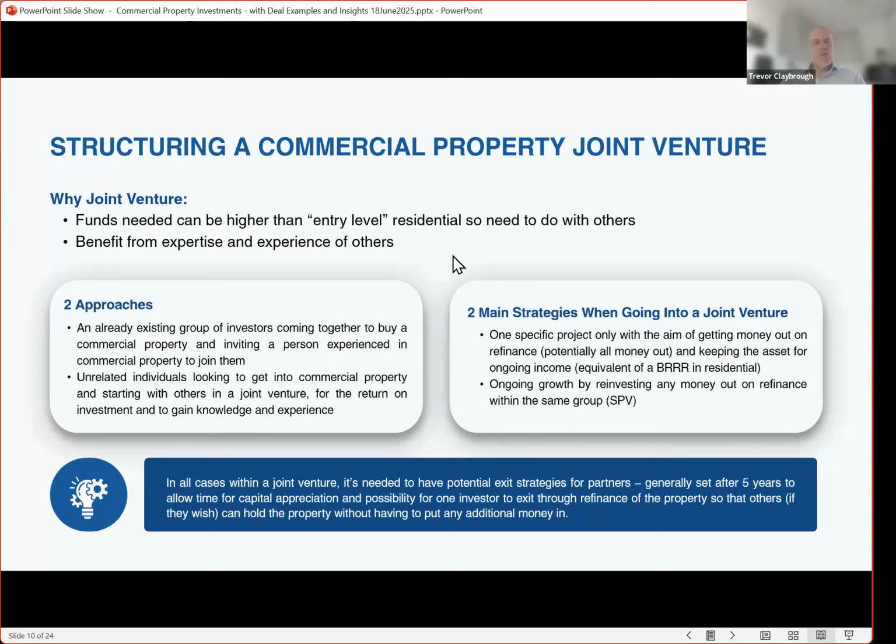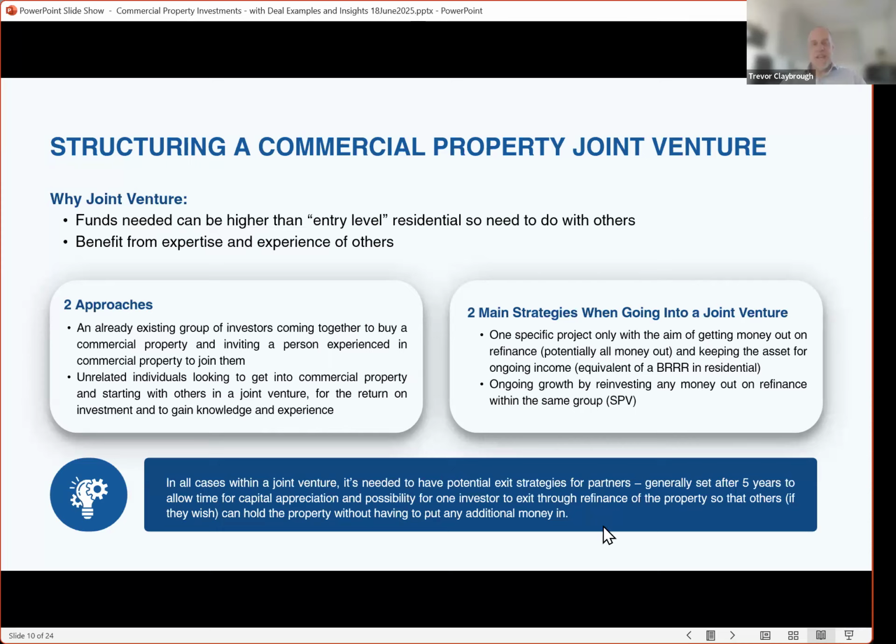Another point which is important on any property joint venture is there still needs to be a potential exit strategy for partners that come into the venture. We don't know what's going to be happening in 5 or in 10 years' time. So the way that we always structure joint ventures